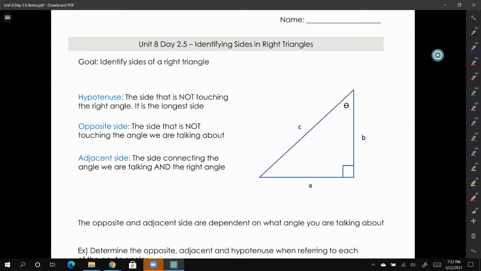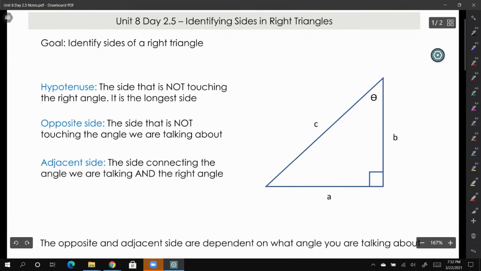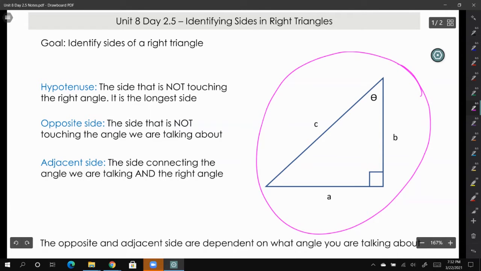But what happens when we don't have one of those special right triangles? There's other methods that we can use to figure out the side lengths. But in order to do that, we have to develop a new way of talking about sides in a triangle. Now, the terms here we already have seen before. So we're going to label parts of this right triangle here with these terms over here: hypotenuse, opposite side, and